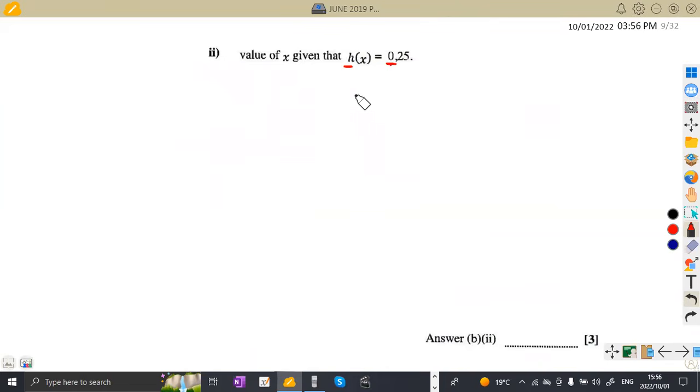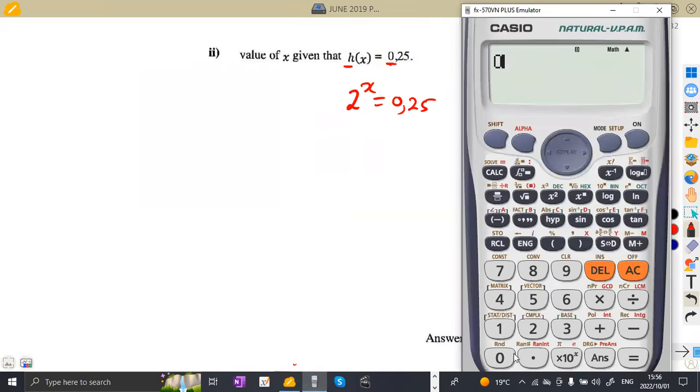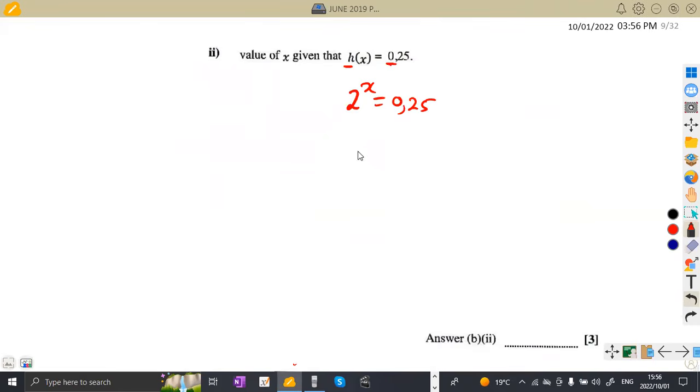So we are given that 2 to the exponent of x is equal to 0.25. What is the value of x? So it's an equation that you're going to solve here. This is a decimal, put it as a fraction. This is paper 2, guys. We can take advantage of that. 0.25 is same as what? 1 over 4. So this can be written as 2 to the exponent of x, which is equal to 1